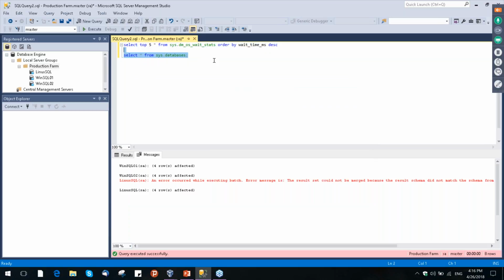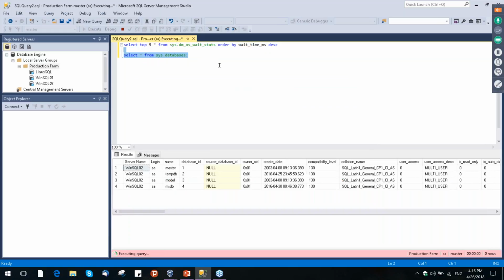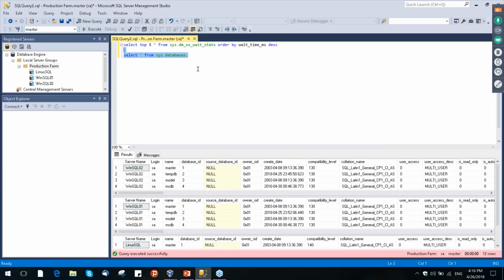Okay. So I'm sure now you get some idea how you can execute a query from a single point and retrieve from all of the servers. Okay. Another point is that we need to go